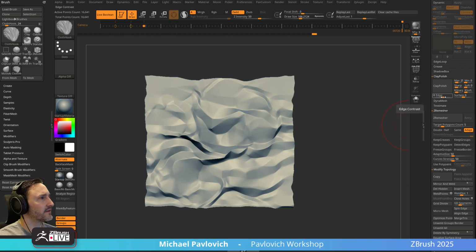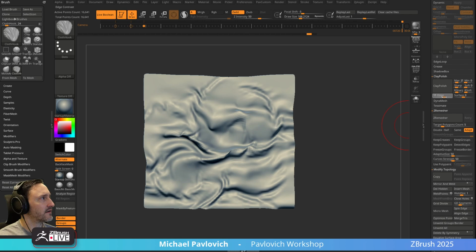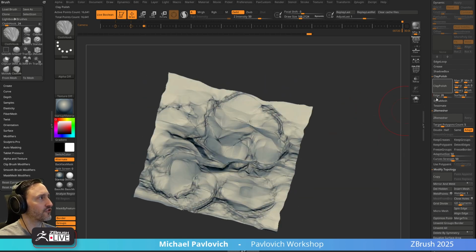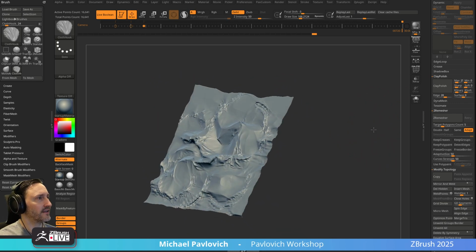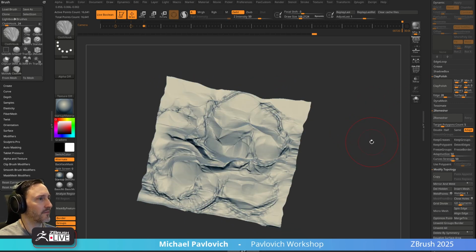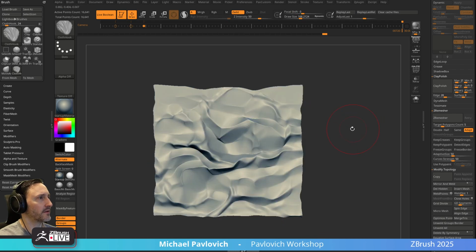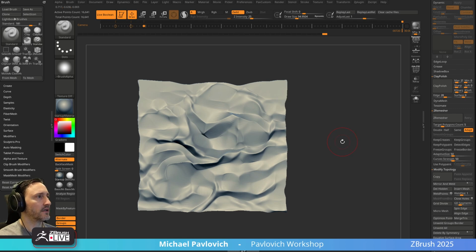I mean, it's not great. Let me see edge here. There we go. Okay, so play around with sharp, resharp, and edge, and it'll start getting you something. And then maybe we want to go in here and do a polish by feature, closed circle, and just knock that back a little bit. At the end of the day, though, I would probably